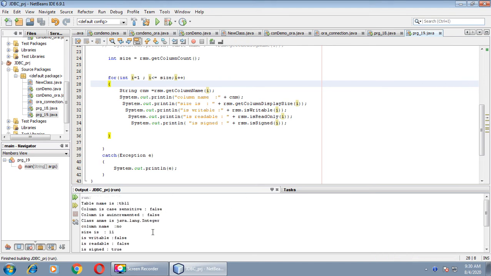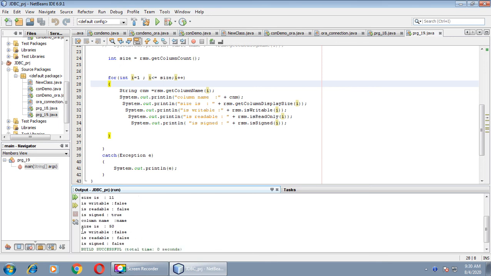Here you can see the name of table. We have already done up to this portion, right? Now the column size is 11. Is writable, false. Is readable, false. We are talking about the first column. Is sign, true. Column name is name, size is 50.